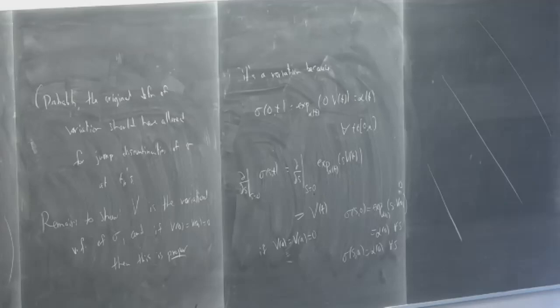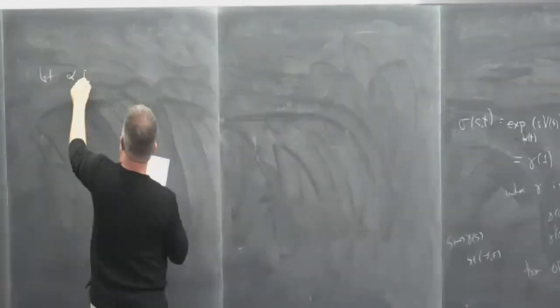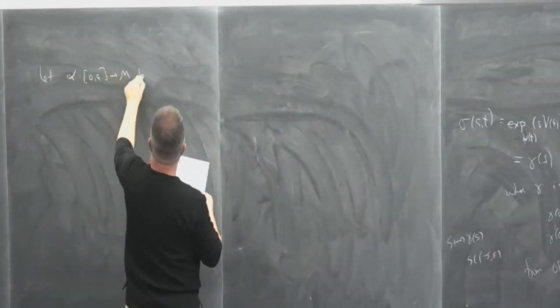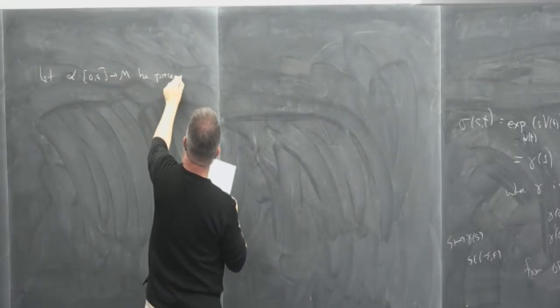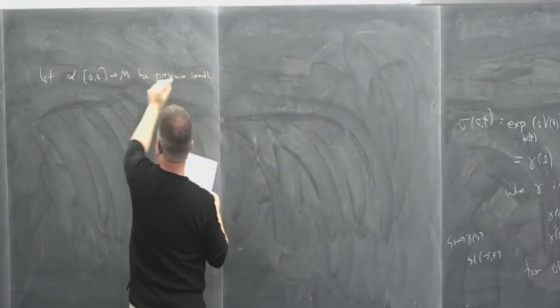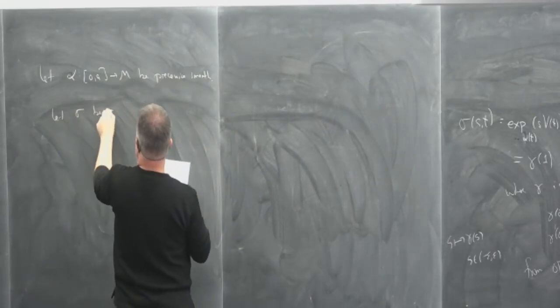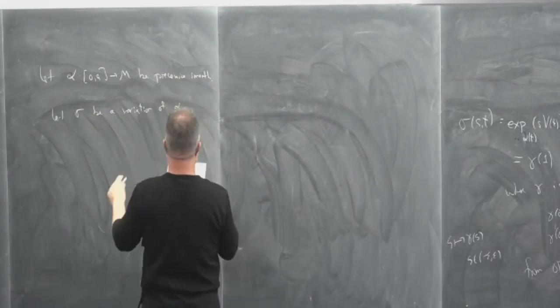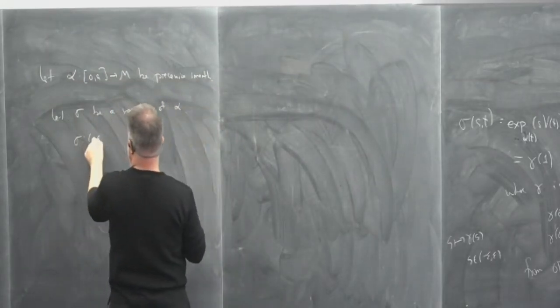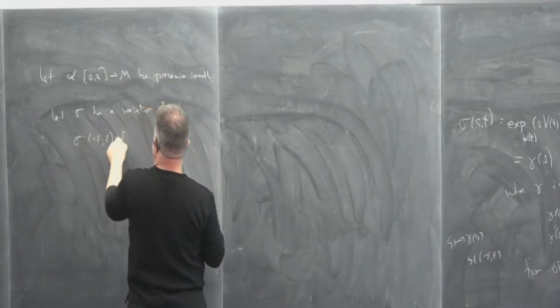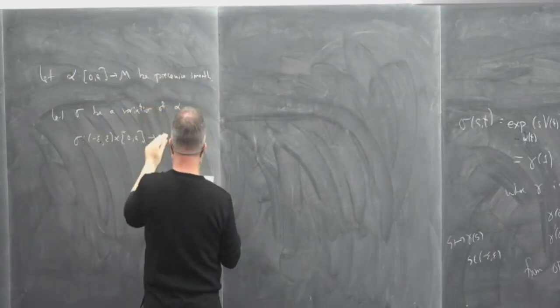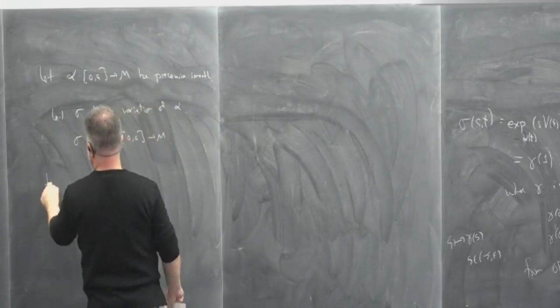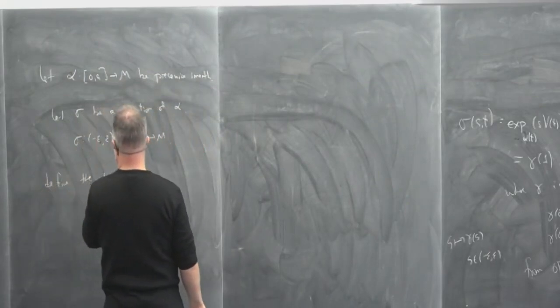We have 4 minutes. Let me define two functionals. Let alpha be piecewise smooth, and let sigma be a variation of alpha. We don't assume that it's proper. Okay, so sigma is defined on some minus epsilon to epsilon times 0 to a. Define the length function